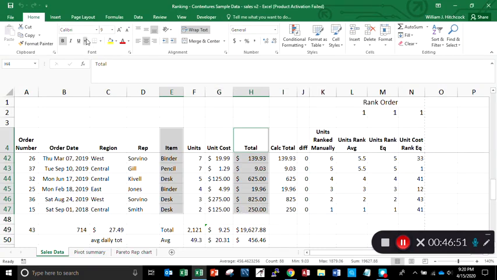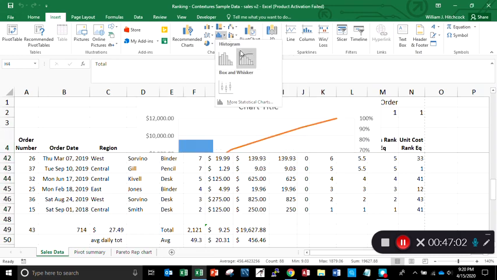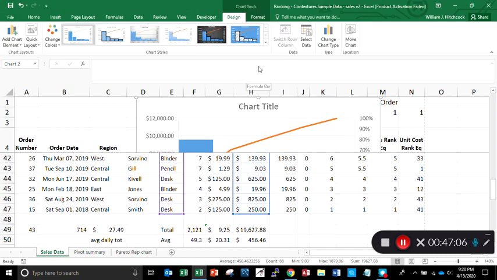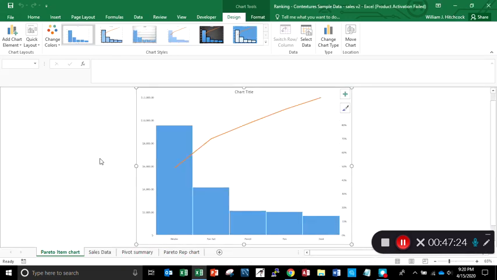I went to Insert. I chose the statistic chart and this one here, the Pareto chart. Move it to a different location and change the sheet name to my Pareto item chart. And there we go. So looking at this, it looks like